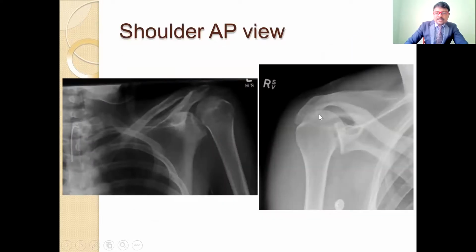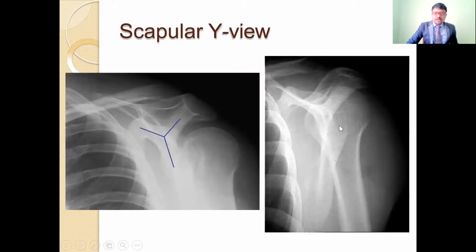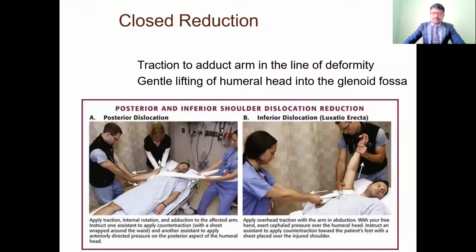If you see the X-ray, we can find this is the posterior dislocation. You can see here the glenoid cavity. The glenoid cavity is anterior, and the head of the humerus is posterior. Because of these things, we are going to see the prominence of the acromion process. We can feel the prominence in the acromion process. That is the imaging investigations, such as X-rays, and you can also find the scapular Y view. Because the head comes outside, the glenoid cavity is anterior, so here we are going to find the Y-shape appearance in the X-ray. So these are the major signs of posterior dislocation.